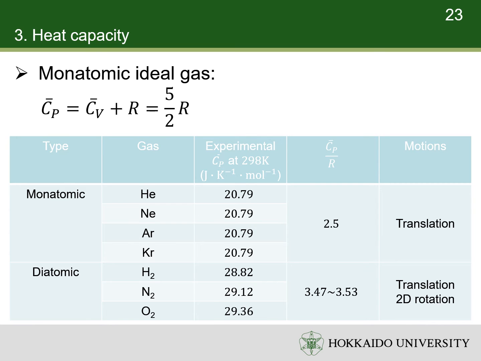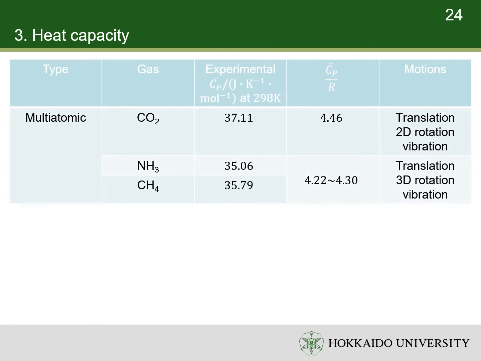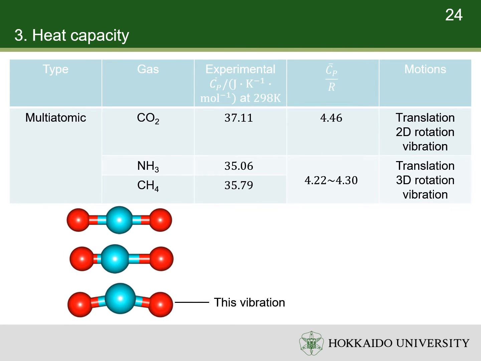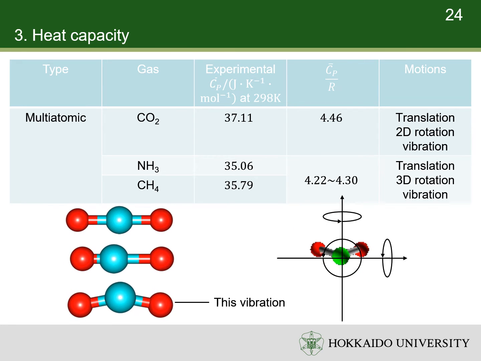The Cp of diatomic gases at room temperature is higher than that of the monatomic gases by the value of R. It is because diatomic gases have 2 degrees of freedom in rotation. The rotational energy increases with temperature, which also contributes to the internal energy. In linear triatomic molecules like carbon dioxide, the vibration also contributes significantly to the heat capacity at room temperature. So, it has higher heat capacity than diatomic molecules. In nonlinear molecules like ammonia and methane, there is 1 more degree of freedom in rotation. Thus, they also have higher heat capacities than diatomic molecules.